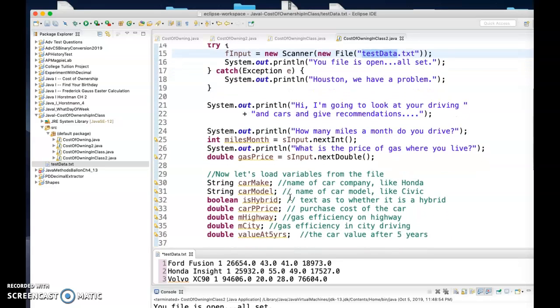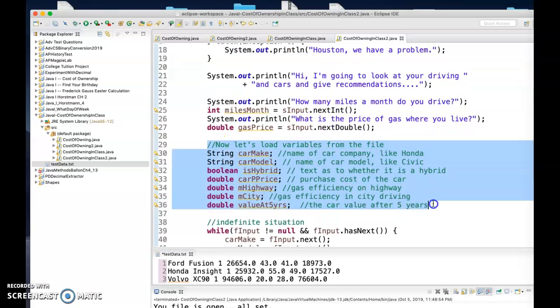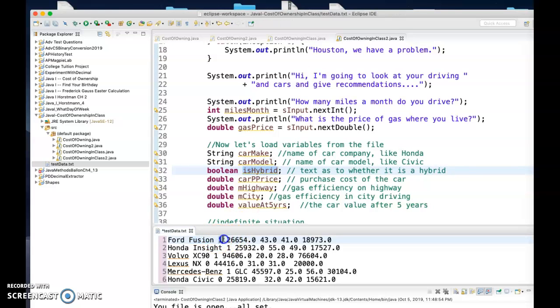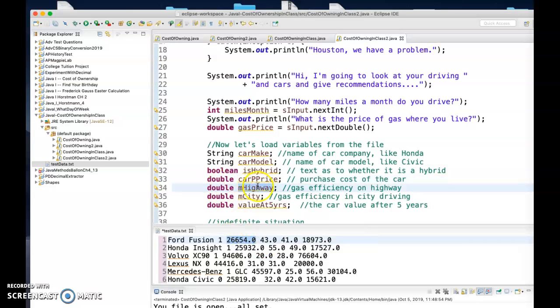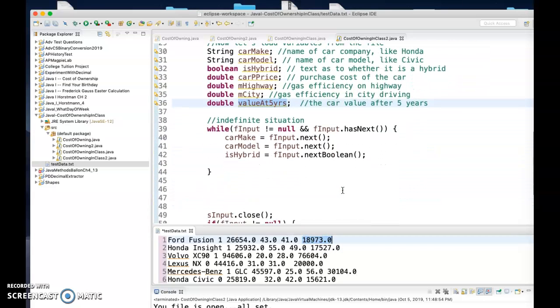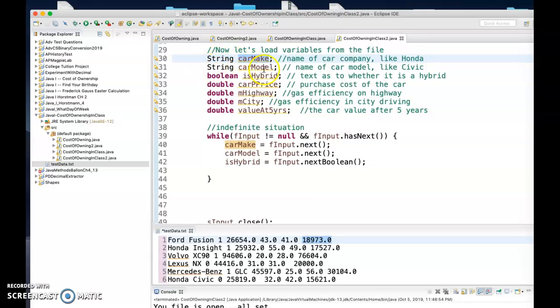Right now, what's going on is that we set up a bunch of variables that correspond to each of the data items. Car make would correspond to Ford, car model would be Fusion, is hybrid we set up to be 0, 1, car price is this car price, and we have two variables for highway and city fuel efficiency, so that'd be like 43 highway, 41 city. Then we have a value of the car after 5 years, like its basic resale value. What we set up to do in class on Friday was to start reading these. So we've been able to read car make, car model. We had this idea to read the Boolean